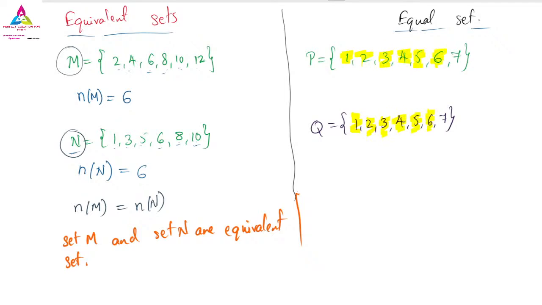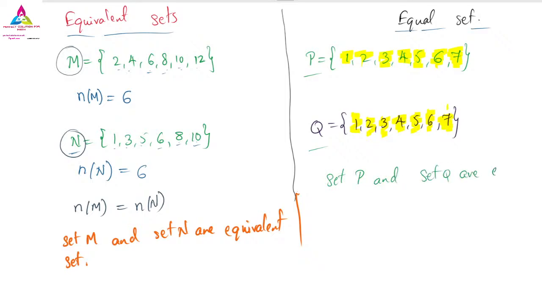If here we have 6 and there we have 6, and suppose we have 7 in P but we don't have 7 in Q, then these are not called equal sets. It is not equal. We must have the same number of elements and the same elements in both sets. Now you can see both sets contain the same elements. So set P and set Q